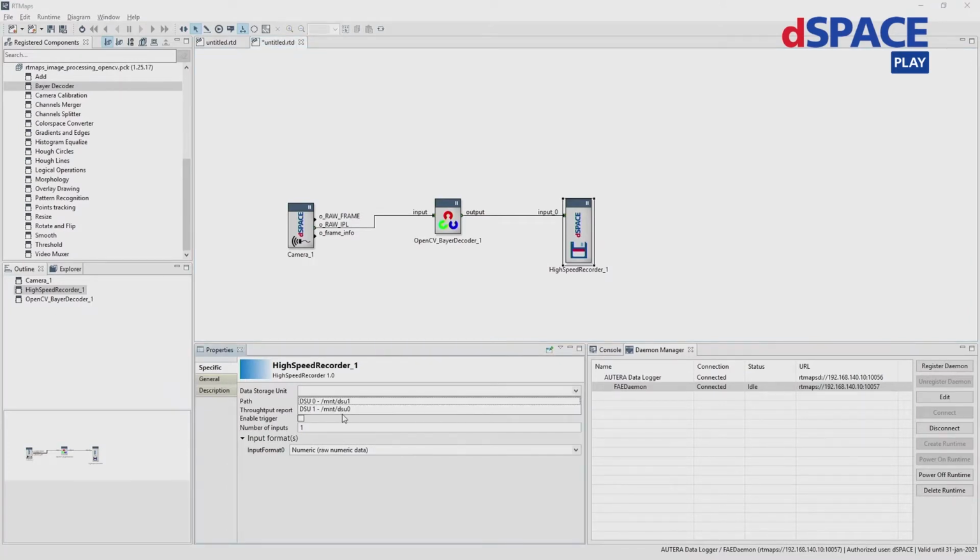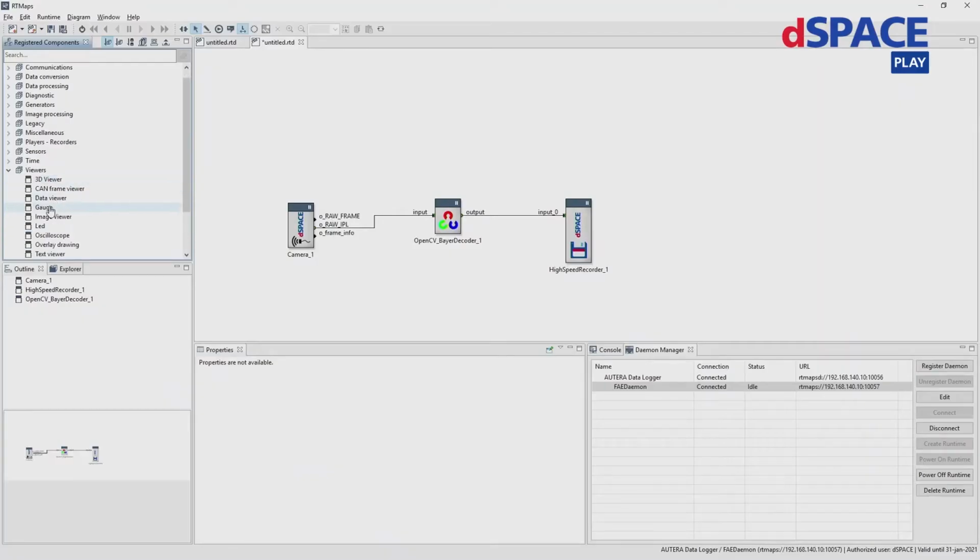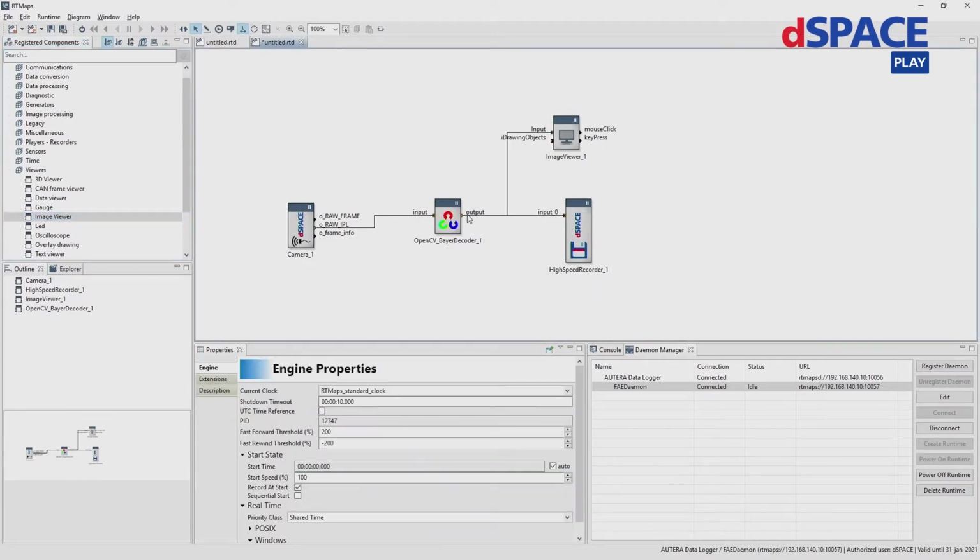So I will select DSU1 and create a folder, simple demo. And I will also select in which format I want to store it. I will add a viewer, and that will allow us to see the output of the camera. So add image viewer, and then very easily connect the output of the decoder and the input of the viewer.